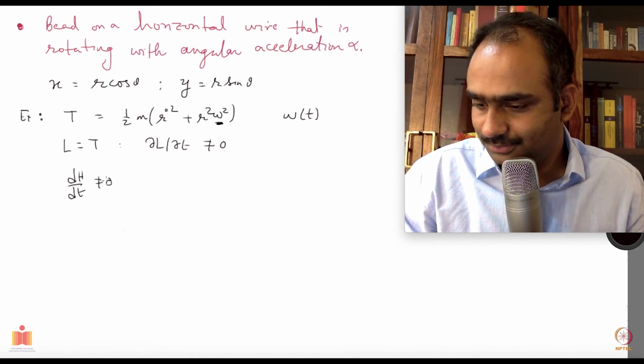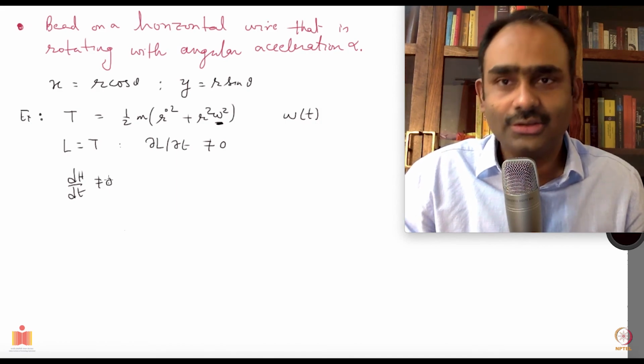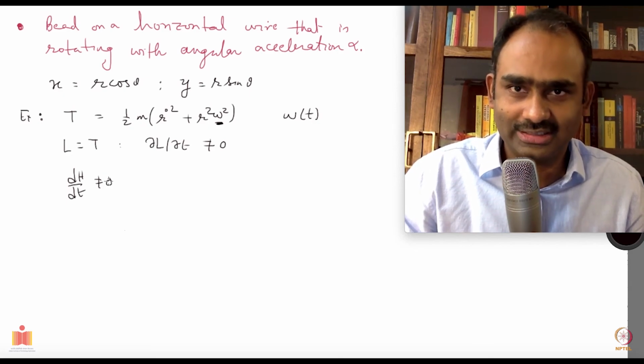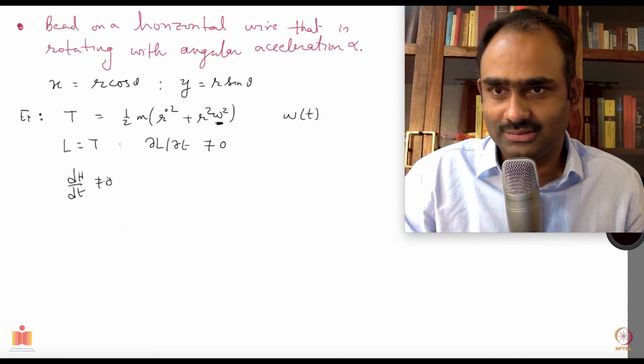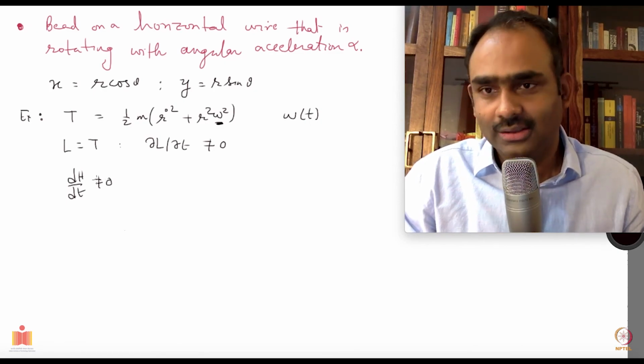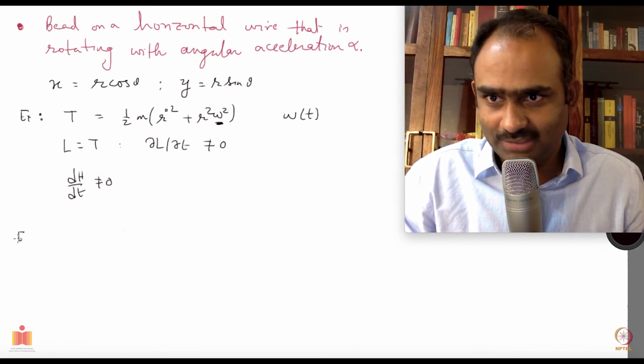And anyway, there is no chance of H being the total energy of the system, because there is an explicit time involved in the transformation from r to q, which is good. So that's another simple example.